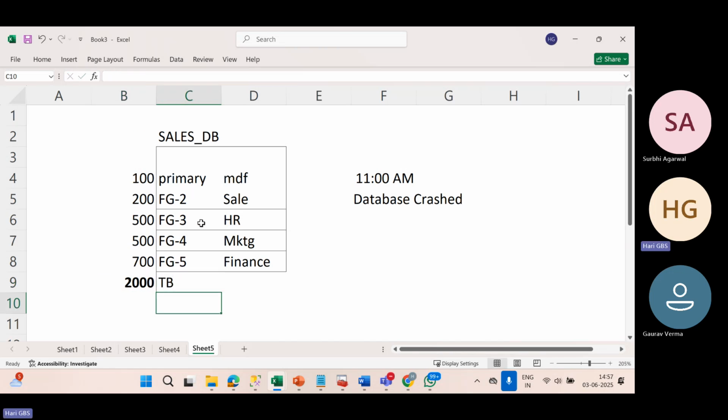So you cannot restore 2 TB databases within 10 minutes, 15 minutes. It may take around 5 to 6 hours also. Your business will be impacted. So instead of restoring all the database, what I can do is restore what is important for